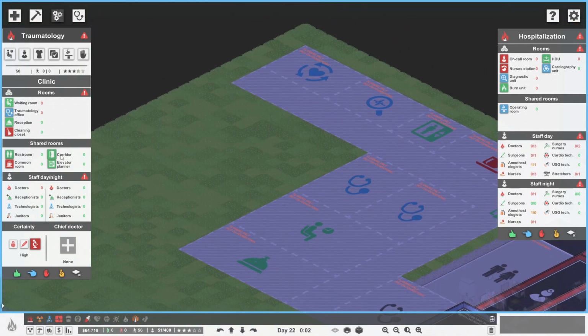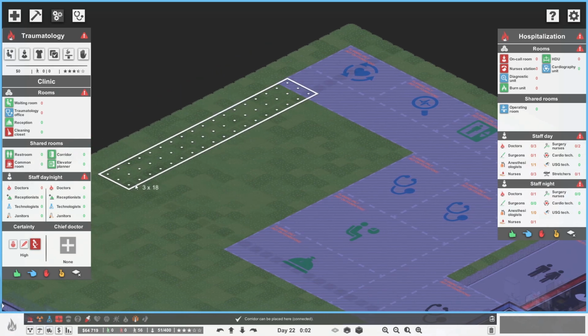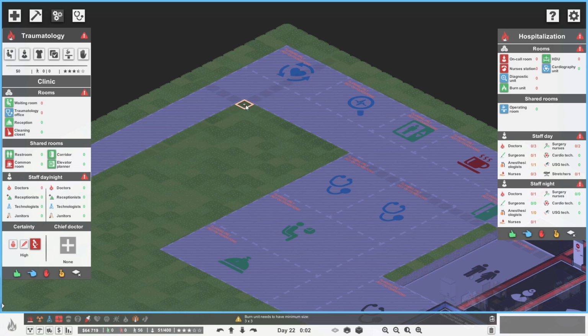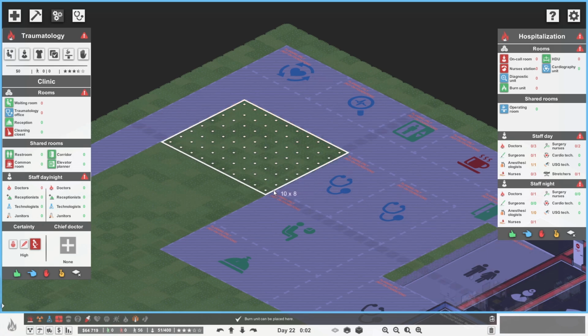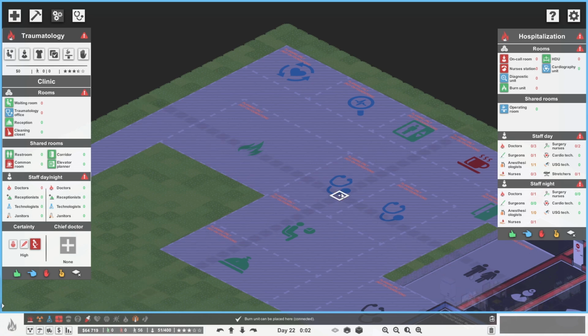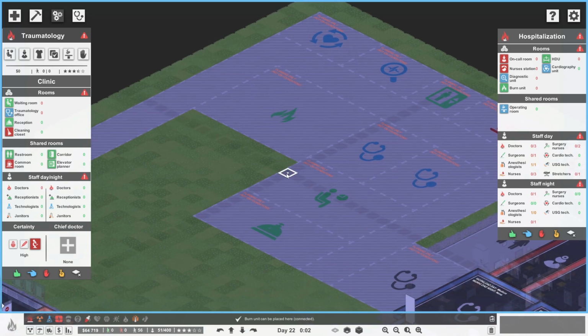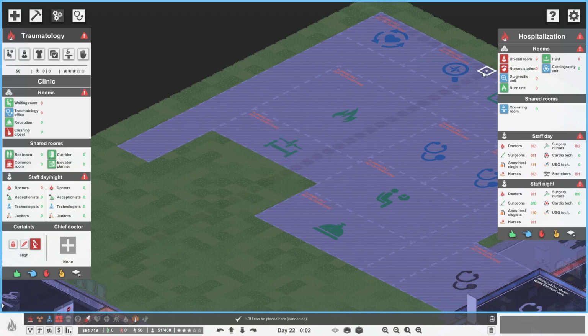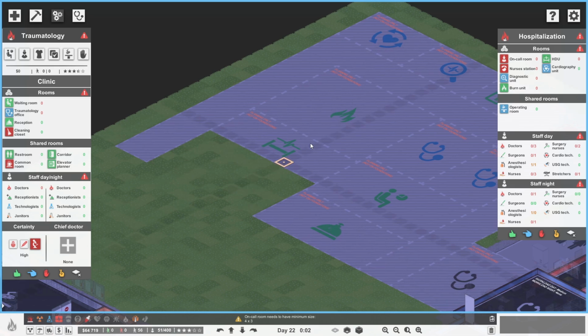Hang on. We might need possibly another... I mean, we have a corridor coming across the top like that to kind of connect up to other bits of the hospital. Possibly coming around like that. So then we could have the burn unit, say, there. So 10 by 8 possibly. A little bit wonky with the walls across here, but that's fine. And then we'd have high dependency possibly going in like that. Do we need lots of beds in there? Again, not entirely sure. And then the on-call room and the nurses station could go along here possibly. Or do we put the on-call...